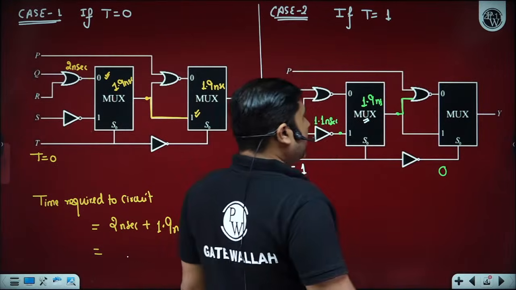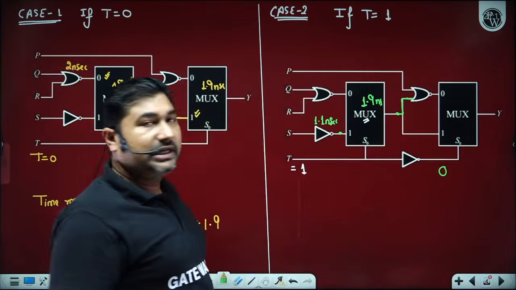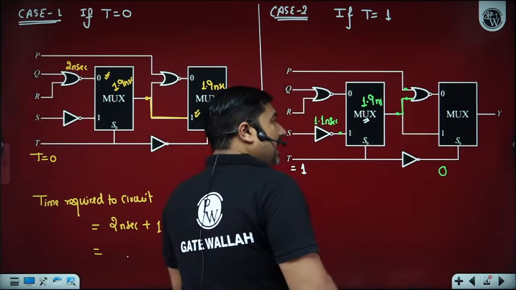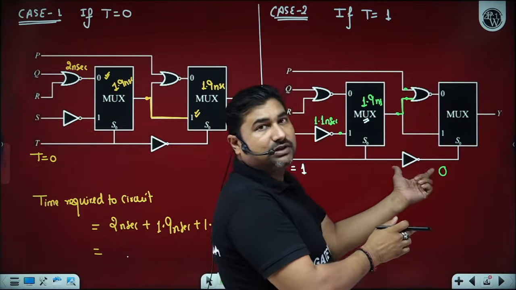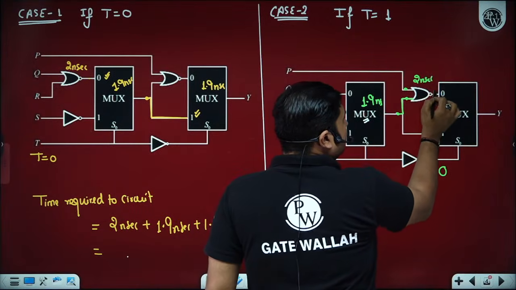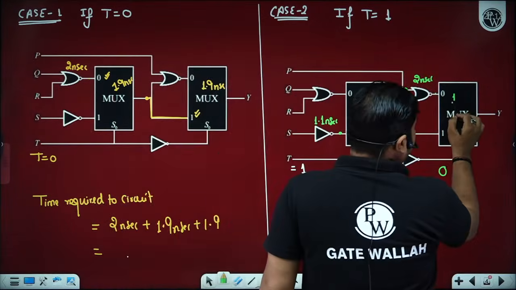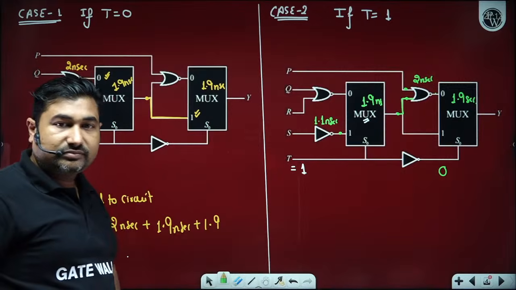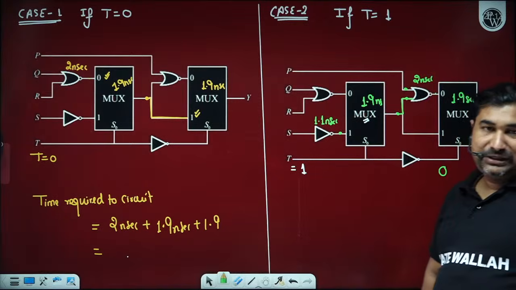Is it okay? Now, after 1.1 and 1.9 nanosecond, it means 3 nanoseconds, both the inputs are available to this NOR gate, and within this 3 nanosecond, this NOT gate will also operate. So we need not consider the delay of this NOT gate. Now, how much time is it going to take? Further, it would take 2 nanosecond to have its output. Is it okay? So 3 plus 2, 5, and then we have 1.9 nanoseconds more. How many of you are able to understand, beta ji? Some of you are saying, sir, we need 5.8 nanosecond, 3.8 nanosecond.